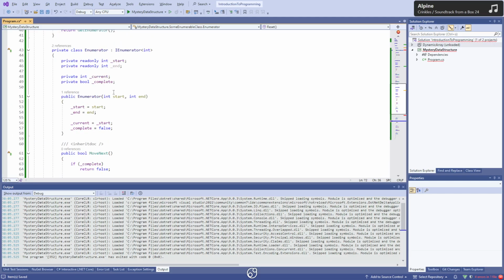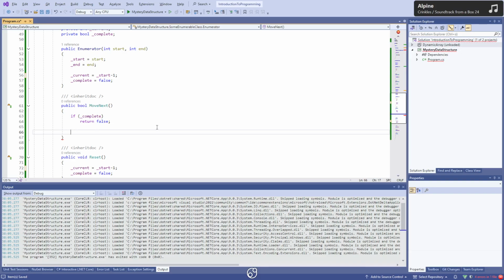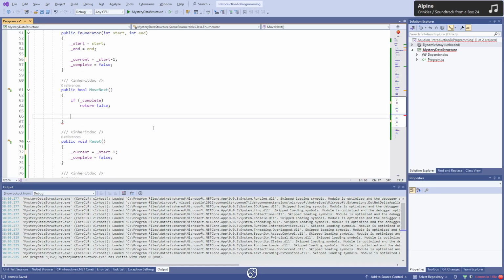Let's do it like that, start -1. That should be -1. Okay, and then current++. Let's put that in if current++